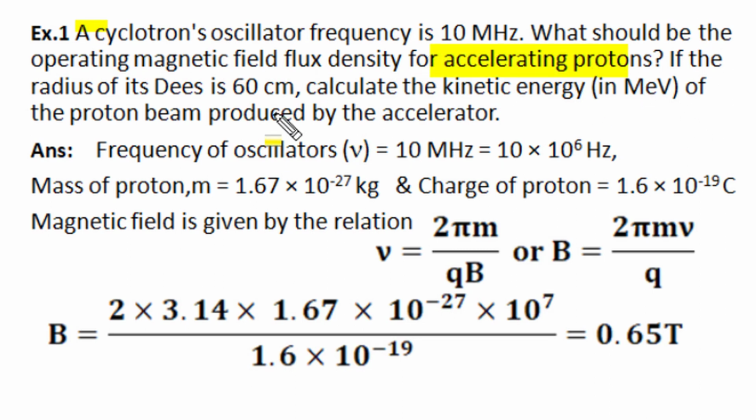What should be the operating magnetic field flux density that operates normal to the D plane if the radio frequency oscillator frequency is 10 megahertz, which is connected between two Ds? We also have to calculate the maximum kinetic energy of the proton beam produced by the accelerator if the radius of D is 60 centimeter. It is given that the frequency of the oscillator is 10 megahertz, which must be the frequency of circular motion